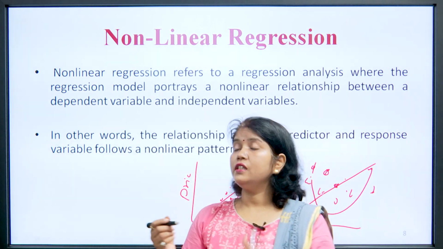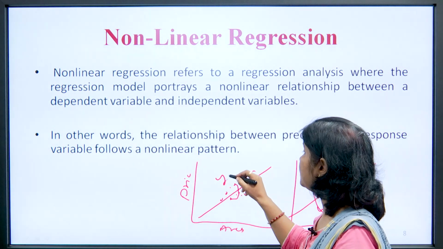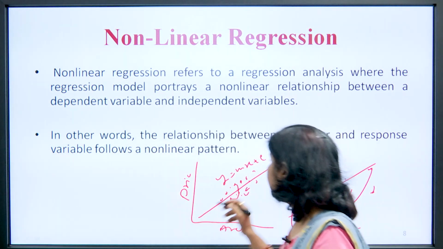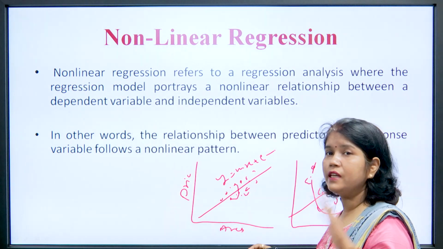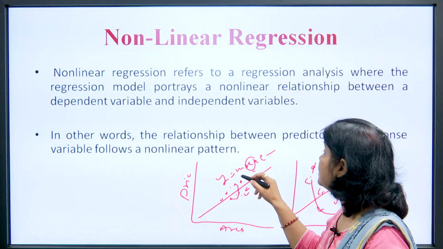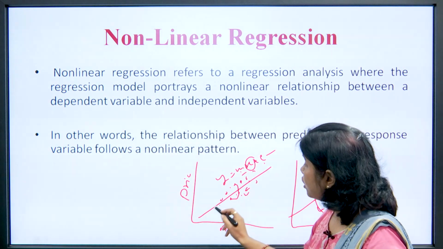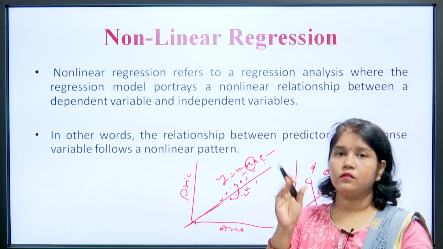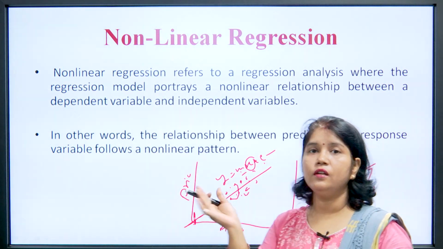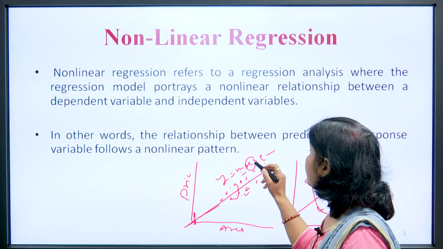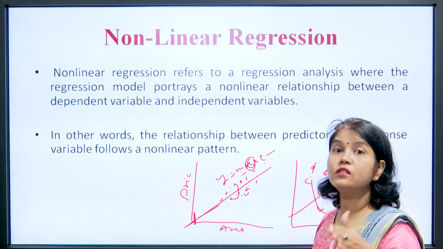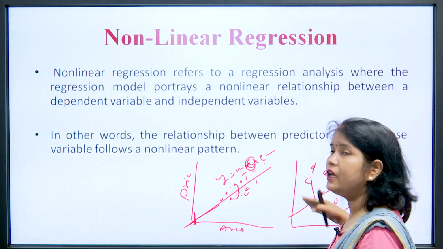And linear means this. Generally you have seen y equal to mx plus c, you have seen this definition. This is just a line relation, and you have studied it in math in high school. So, x is the independent variable, m and c are the coefficients, and m is the slope, and c is where the line cuts the y axis. So, in y equal to mx plus c, there is only one independent variable, and this is simple linear regression, and nonlinear is this.